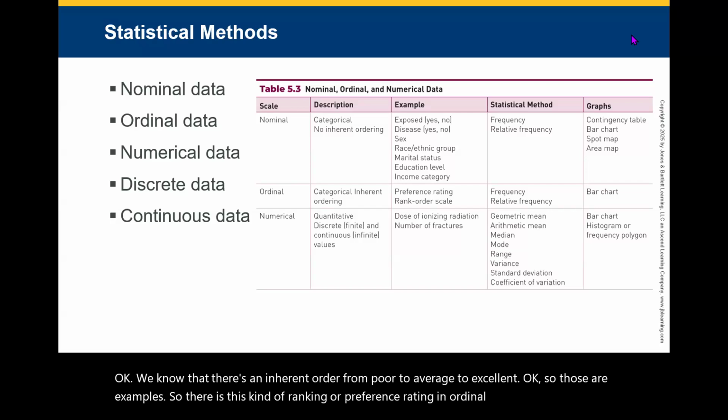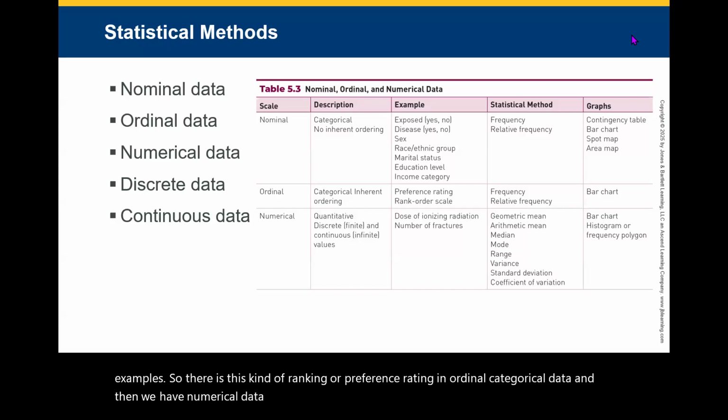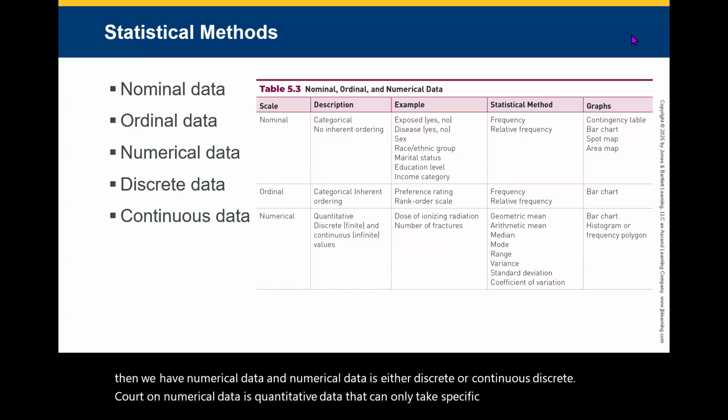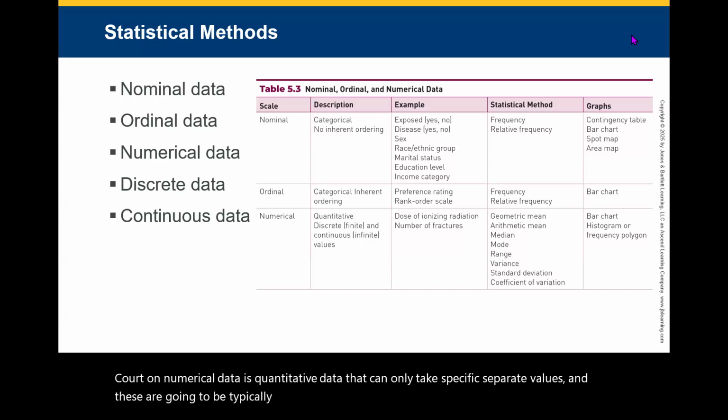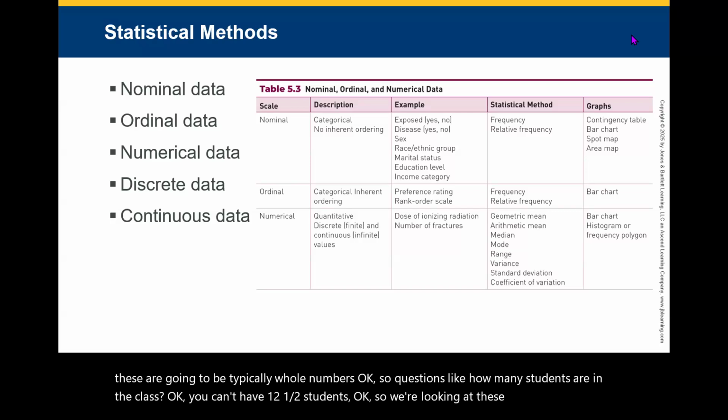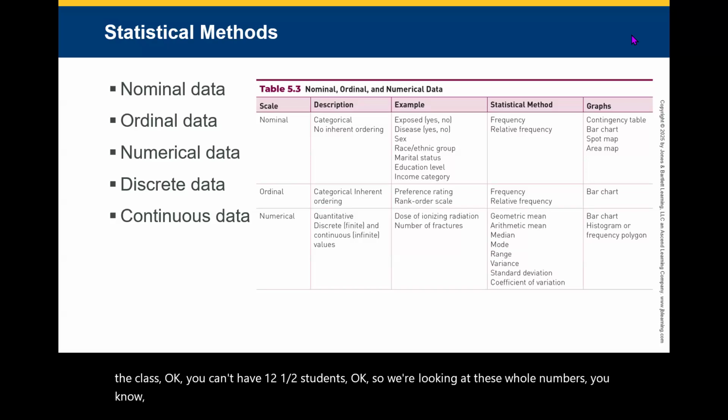And then we have numerical data. And numerical data is either discrete or continuous. Discrete numerical data is quantitative data that can only take specific separate values. And these are going to be typically whole numbers. Okay, so questions like how many students are in the class? Okay, you can't have 12 and a half students. Okay, so we're looking at these whole numbers. Number of cars in a parking lot, number of cigarettes that someone smokes, just